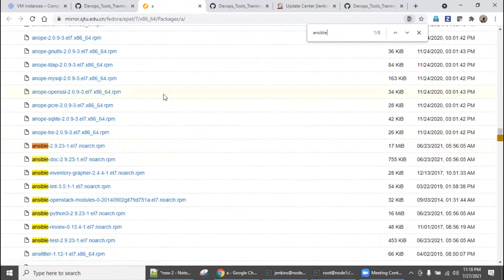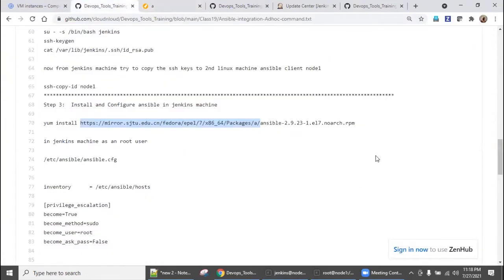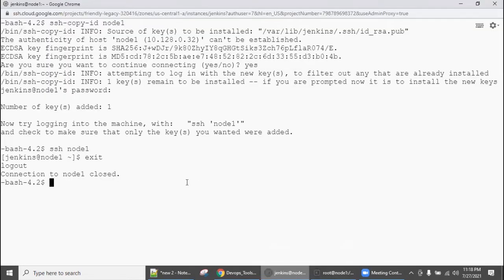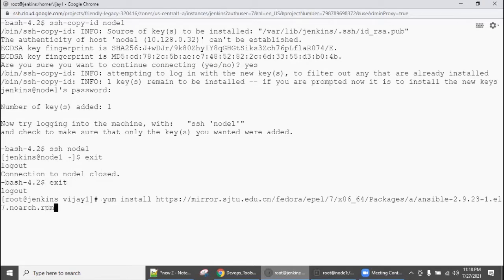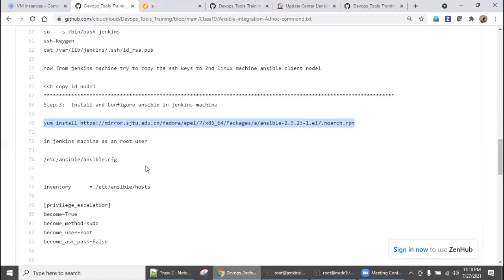Currently 2.9 is available in this, so I'm also going with the same, as I provided the link. I'm going as root. So installing Ansible on the Jenkins machine.